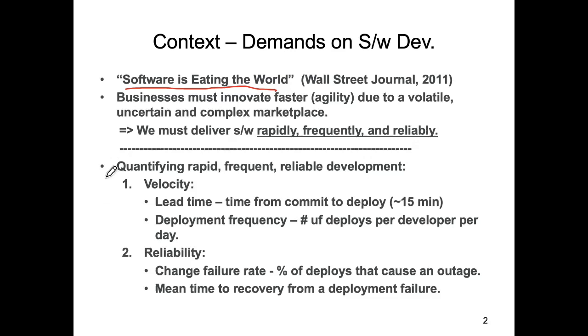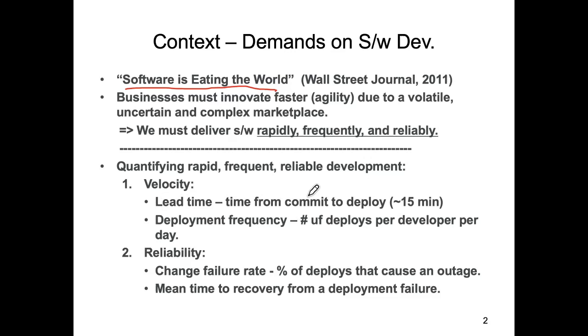Here I'm talking about how, if we try to measure or quantify this idea of rapid, frequent, reliable development for us as software developers, there are two measures that you could use that are often mentioned in the software development world. We talk about the velocity of our software development process. And there's a couple of ways that you can measure the velocity of your software development process. One might be the lead time, which is the time from when